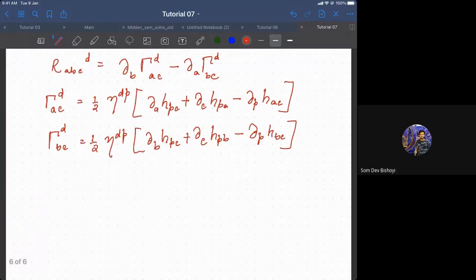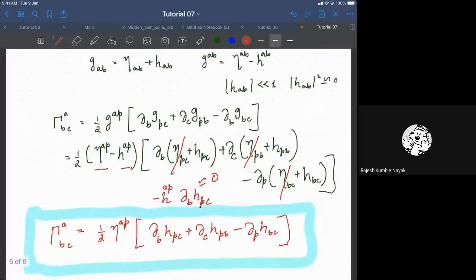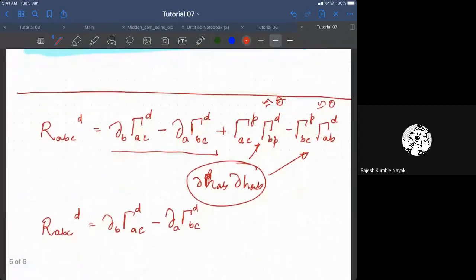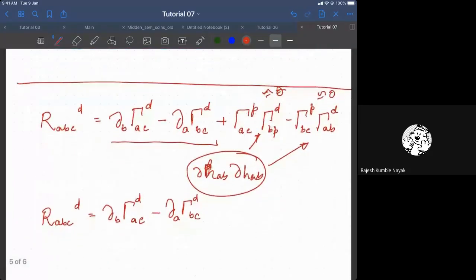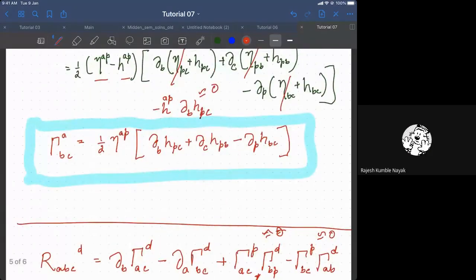Yes, can you go to the previous slide? Okay. Which one here? Yes, sir, the previous one. Yes, sir, here. So why are those last two terms zero? Because you see that they are approximately zero. Look at the gamma term. The lowest order in the gamma term is h_PC, right? Its derivative actually doesn't matter. The derivative is of the same order as h_PC itself.